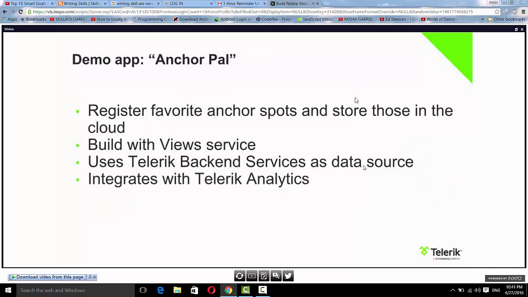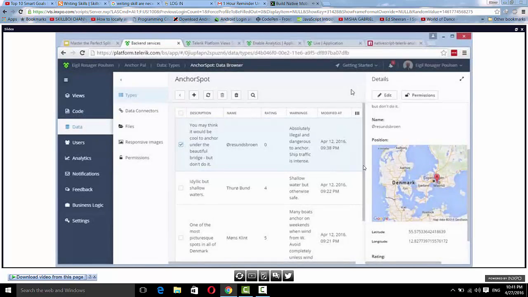I've created a demo app that I call AnchorPal. It's a simple app that can register my favorite anchor spots and store those in the cloud. And it's built with those tools that I'm going to talk about today. So let's quickly jump into the project here, and let's start out by looking at the data which I have